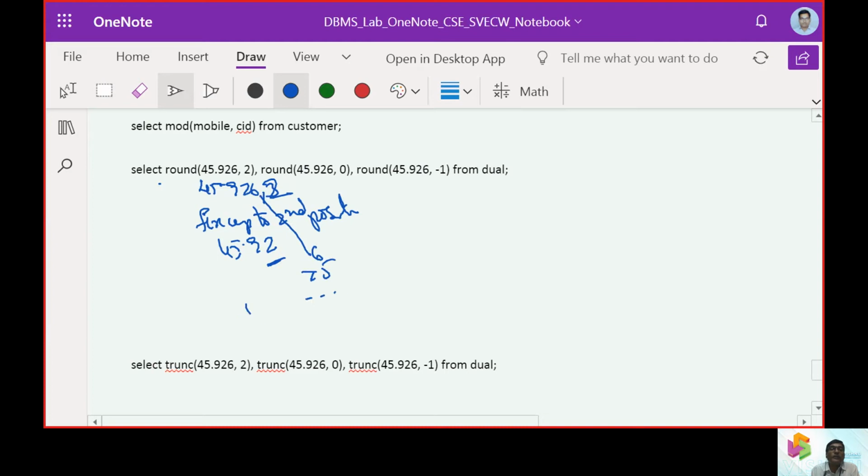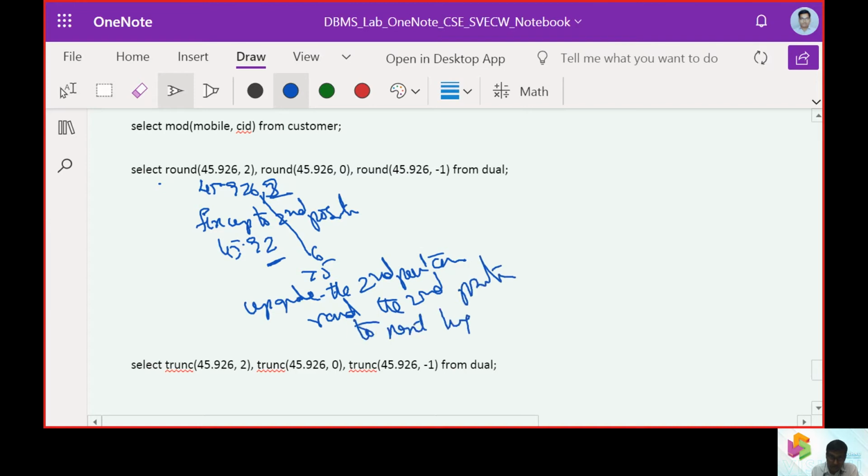Therefore, upgrade the second position, that is, round the second position to the next higher value. So we will get 45.93.